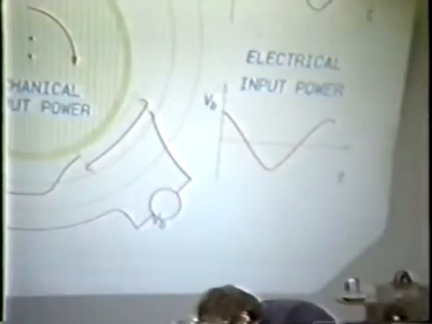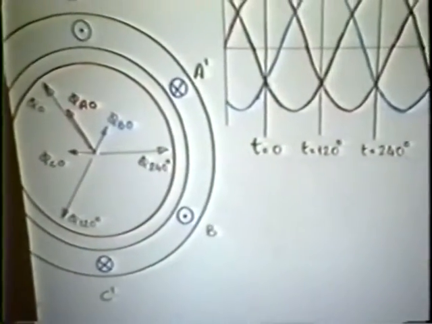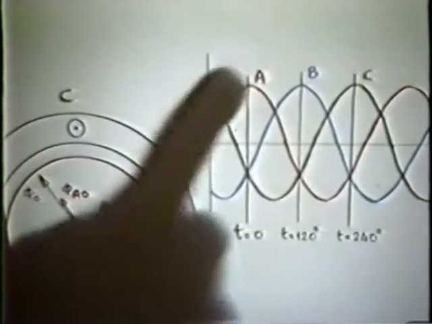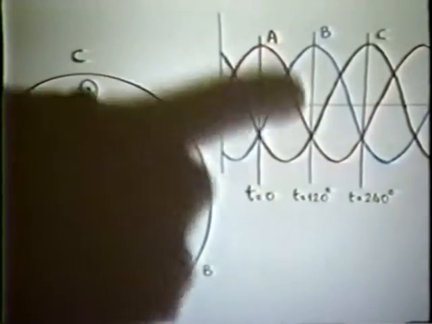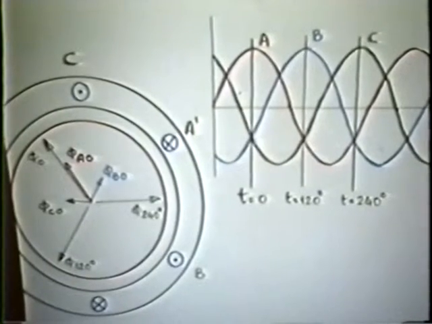I have nicely drawn three-phase waveforms. Here is the three-phase system, in addition to the two-phase system, which is really the system mostly utilized. If you look at the three-phase currents here, and you sum the three-phase currents, you'll find out that they add up to 0 at all times.